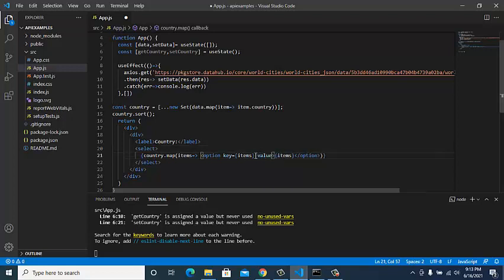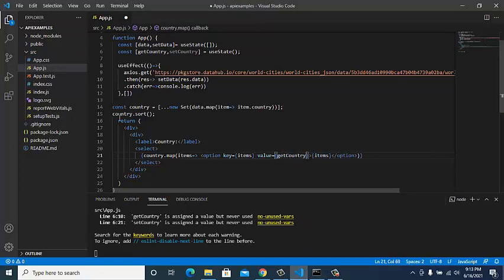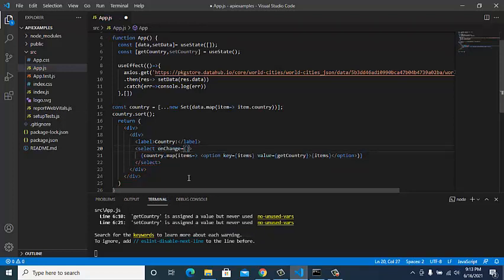Better is that the value should be whatever items are coming. The select should be a controlled component. And to change its value, we have an onChange method, and we can have handle country to handle the country data and get the states from it.